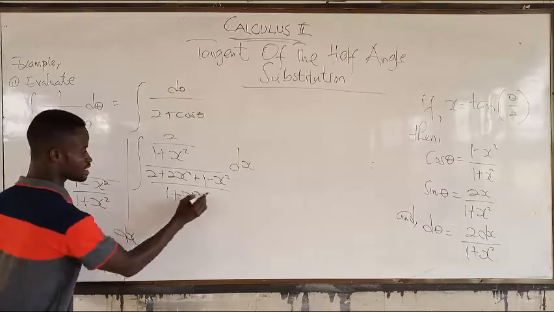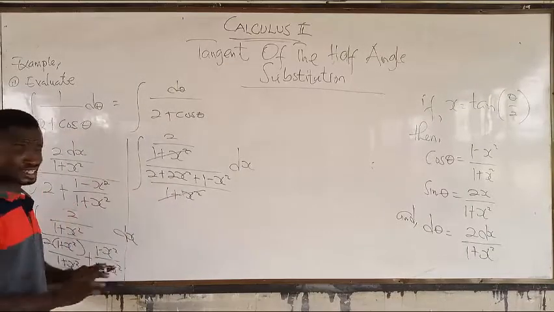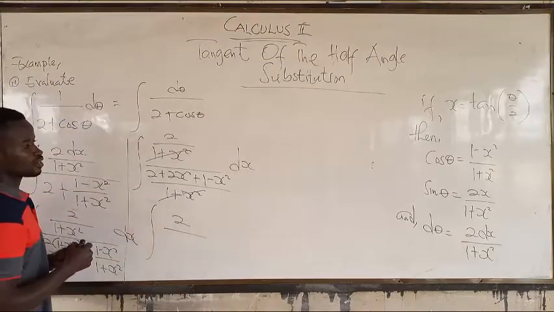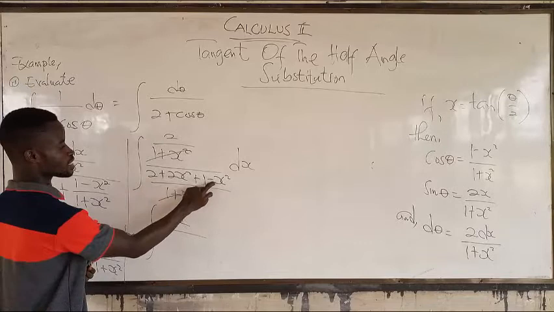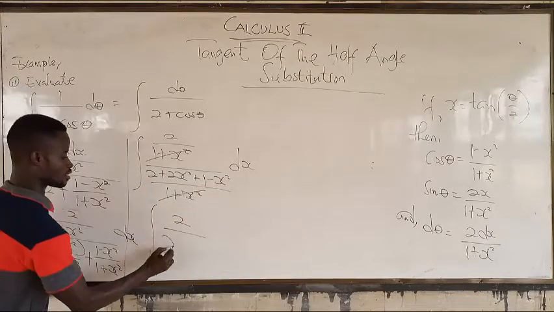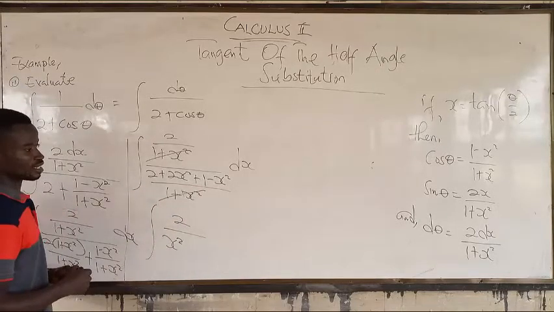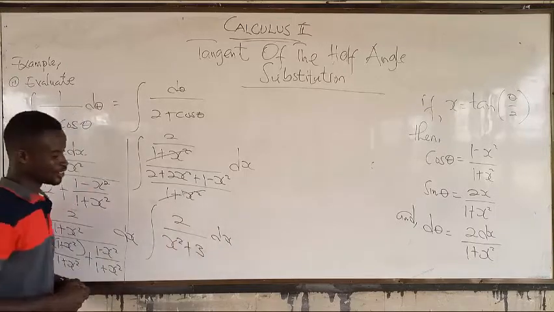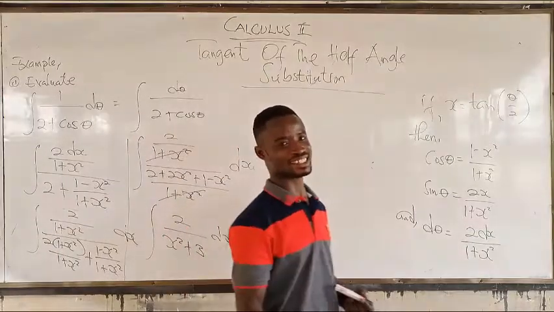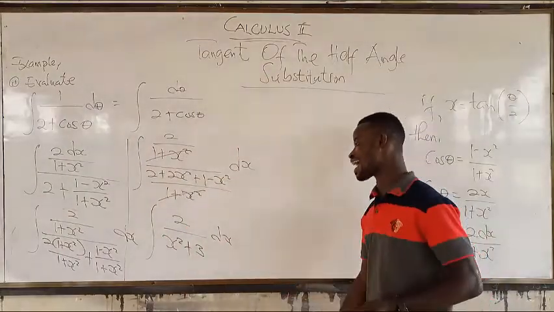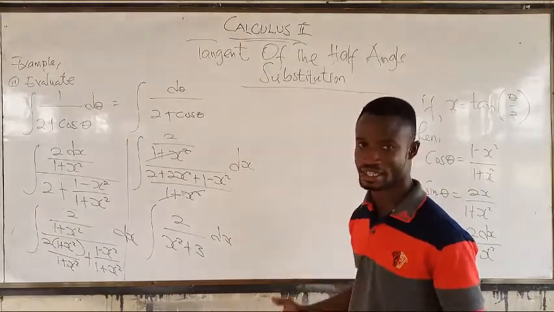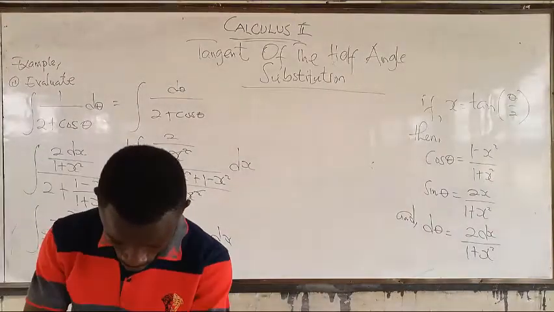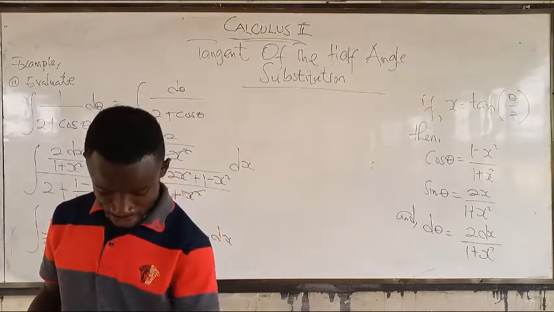Now clearly you can see this will cancel this. It's clear. And we are going to be left with 2 over, now here, this to this, you get x squared plus 3 ds. Very good. You can see that we are getting it in the form that we can just integrate with ease. So, having such,